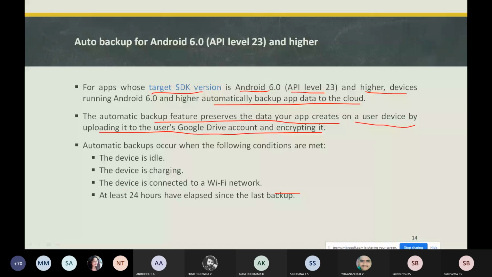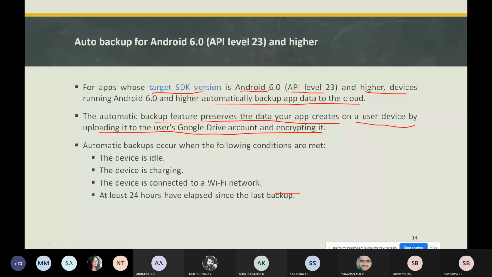So when does automatic backup occur? Most commonly the device will be in an idle state, or in a charging state, or some applications are backed up when connected to a Wi-Fi network.